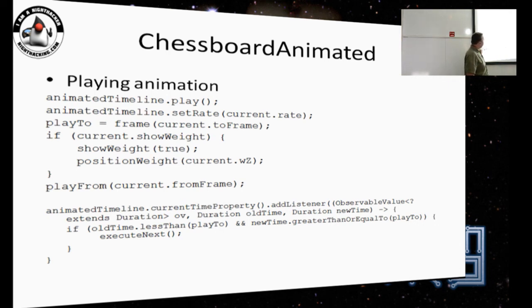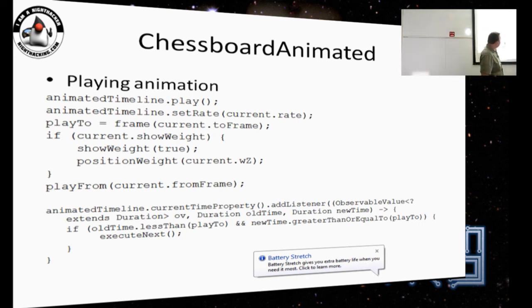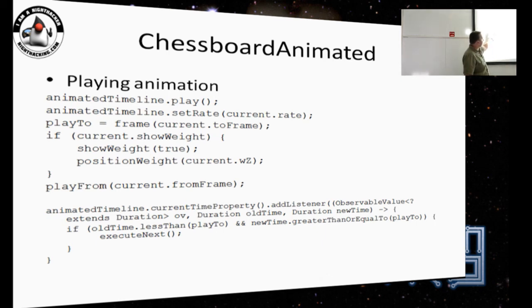As the animation plays, we watch the current time property, which is the time of the animation currently being played. When the new time is more than or equal to the play-to value, when we are getting to the end of the frame, we just switch to the next element of the sequence and start again from there.